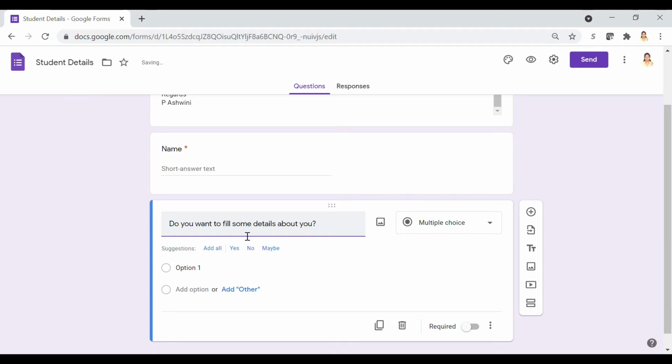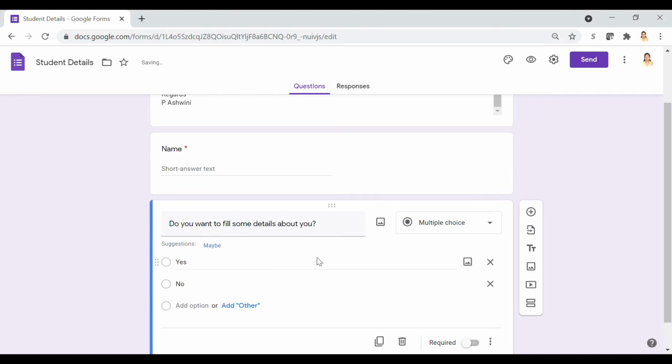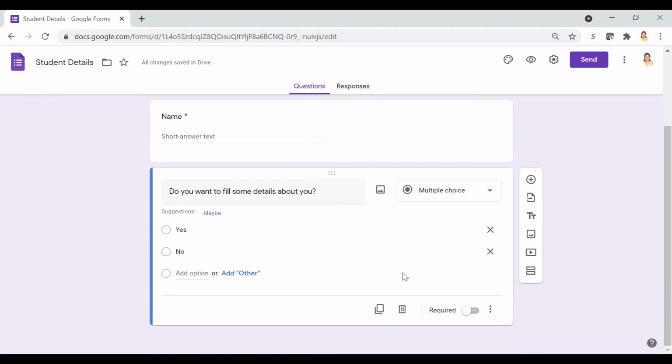It is always good practice to give them an opportunity whether they want to fill in further details about themselves or not. Google Forms is intelligent and will automatically give you options based on what you type. You will see this is a multiple choice question, hence you need to select multiple choice and click on yes or no. Make this question required.